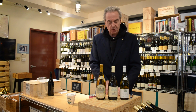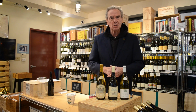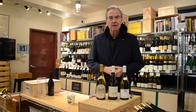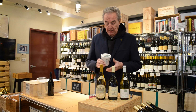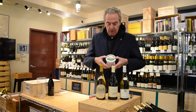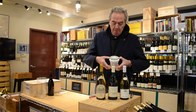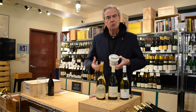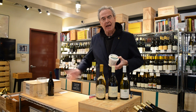So where does that leave French vanilla ice cream? Well, if you wanted something that was refreshing and you could just kind of eat and it was just going to make you feel terrific, you're going to be hugely disappointed if, as happened to me, they come home with this, which is French vanilla ice cream. And French vanilla ice cream isn't just ice cream, not just made with milk, but it's made with milk that's been heated through with the vanilla in it, and they've added an egg to it to give it extra richness,